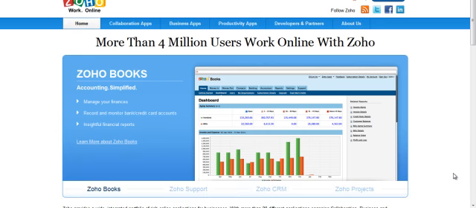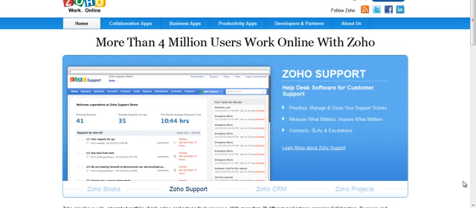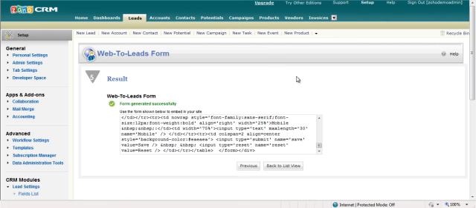Okay, now if you recall, in the web form that I set up, I put in the return URL as zoho.com. So after the user, the lead, clicks submit, they are returned to the web URL that you specify in the form creation process. They will also receive the email that you specified in the step number 4,